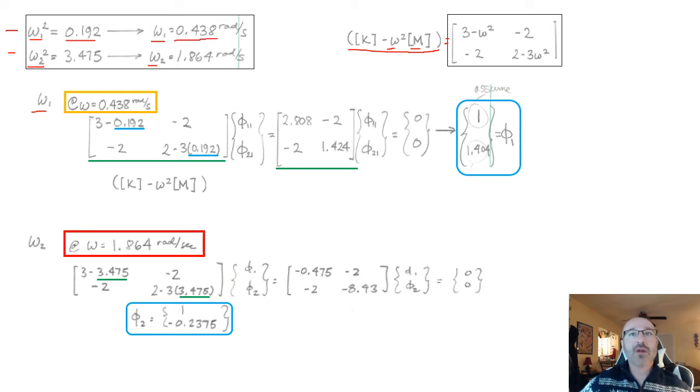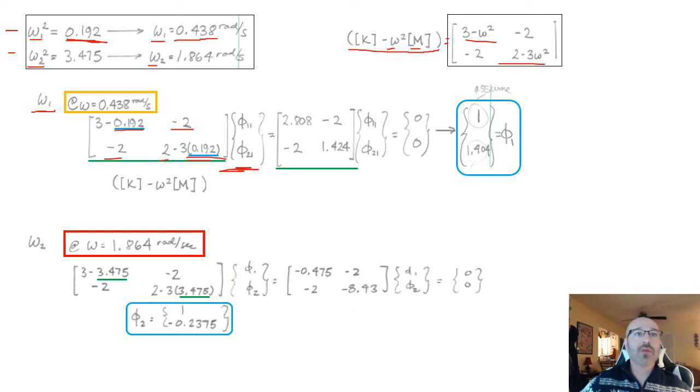So we come down here, and this is 3 minus omega squared. So for omega 1, our omega squared is that 0.192. We plug it right there. This is a minus 2 and a minus 2. And we have 2 minus 3 times omega squared, where omega squared for 1 is 0.192. We can plug that in there, times our mode shapes that we're looking for, is equal to,